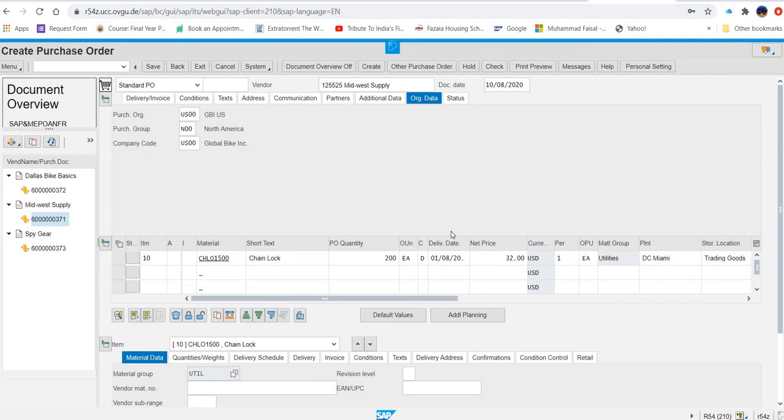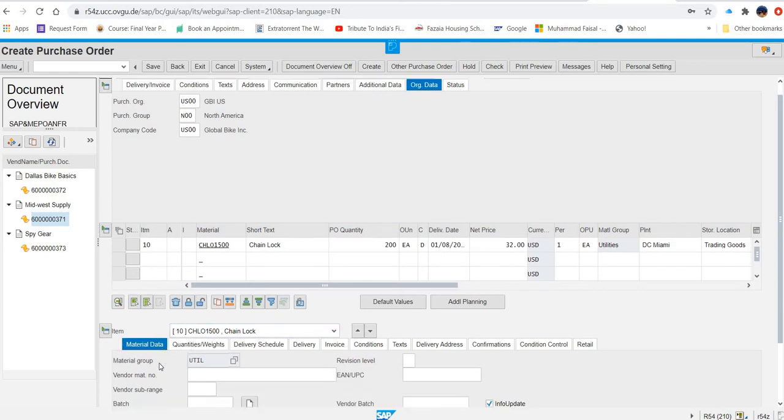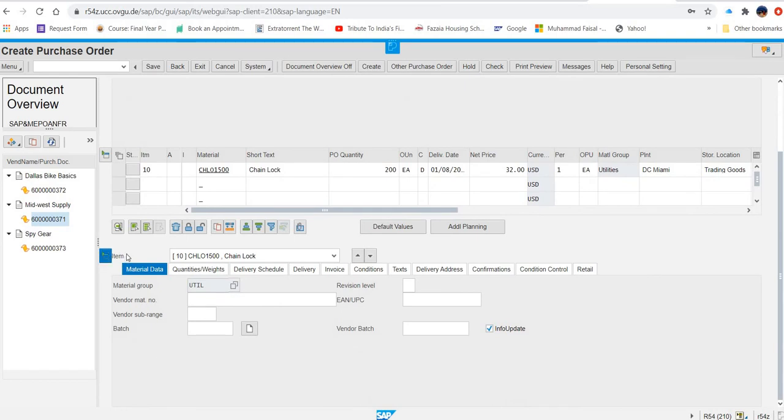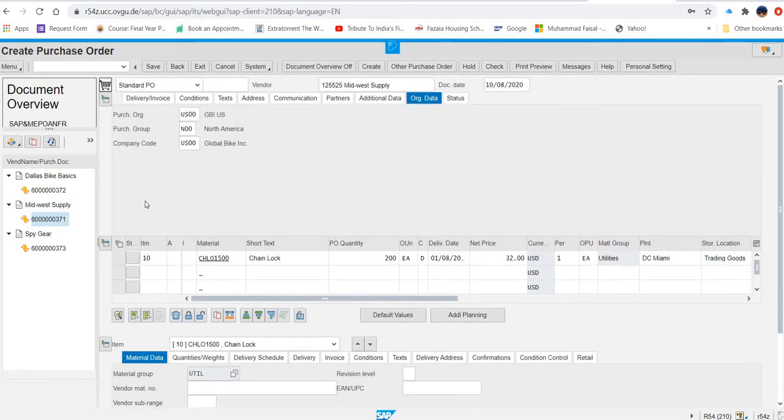So if we are not able to see the header data, we can click here, but header data we are seeing. And then the other one, they are saying the item overview option. So that is also showing here. All the tabs are open, so nothing we need to open.